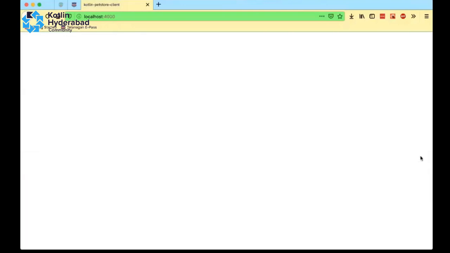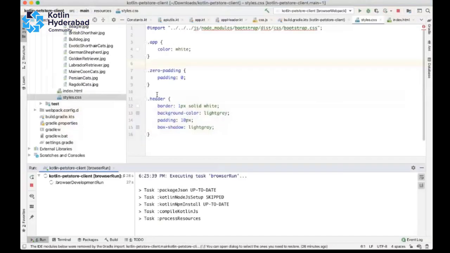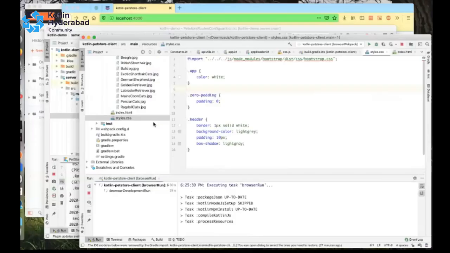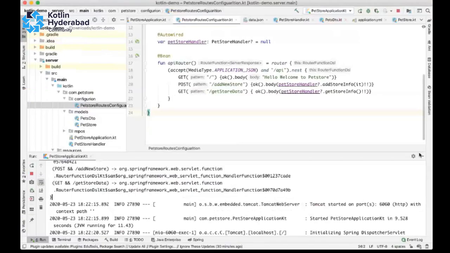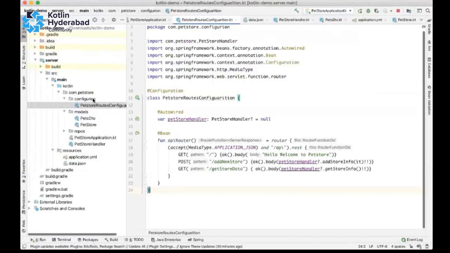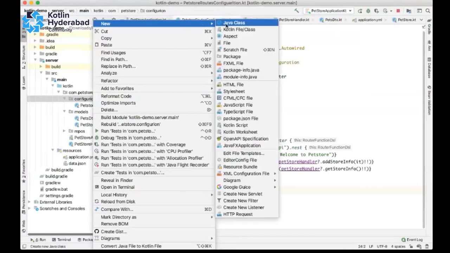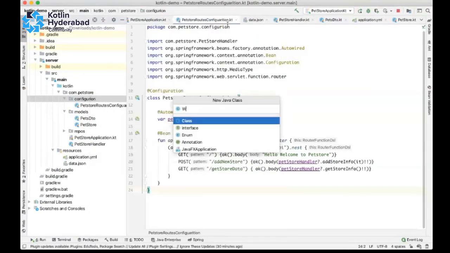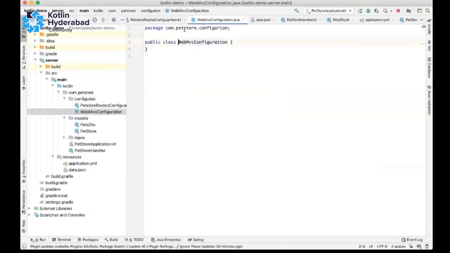Okay, and we have to define one more thing. Basically, we need to define CORS because we are doing this in different projects, UI and views. So I'll define CORS configuration.